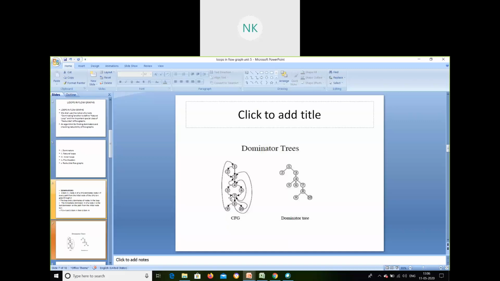Here, without going to 7, I won't be able to go to 8. Correct? So 7 is a dominator of 8. And 8 is a dominator of 9 and 10. I can in turn say 3 is a dominator of 8, because 3 is a dominator of 4, 4 is a dominator of 5 and 6, and 7 is a dominator of 8. So I can say 3 is a dominator of 4 as well as 7 as well as 8. This is your dominator. So I know 3 is a dominator.